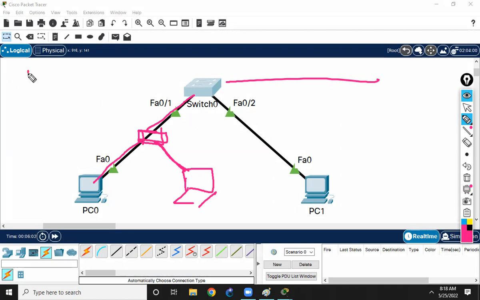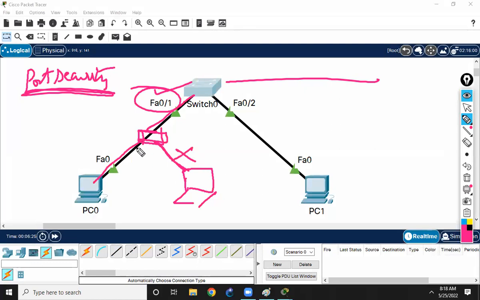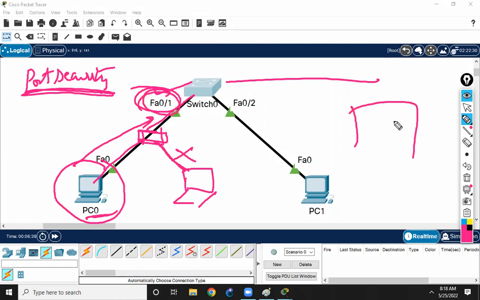For that, we will configure something called port security. Port security allows only one machine to participate in a single interface. Clear? So that means this laptop will not be allowed to communicate, because only PC0 will be allowed to communicate. So the concept is that when PC0 is sending something, the MAC address table will fill that PC0